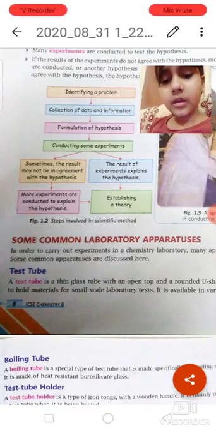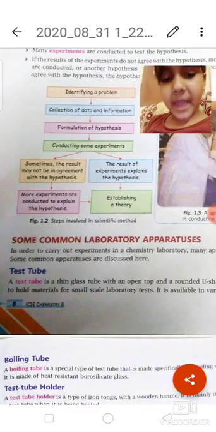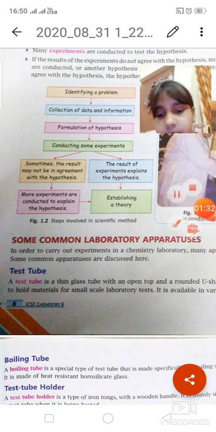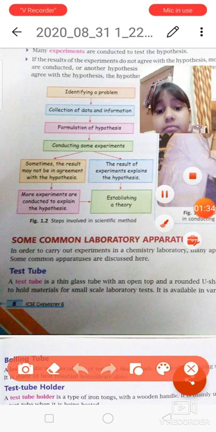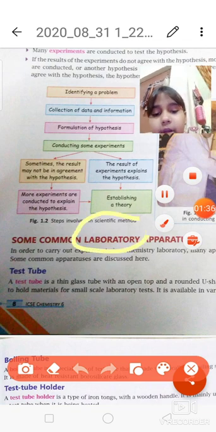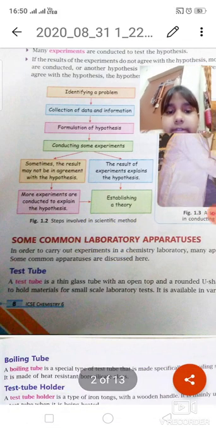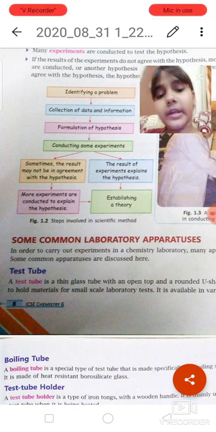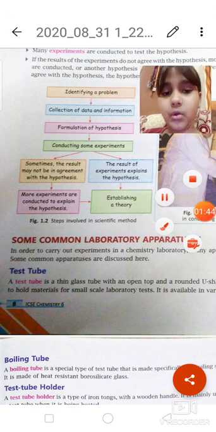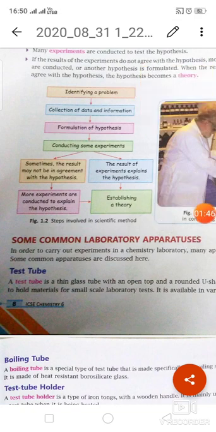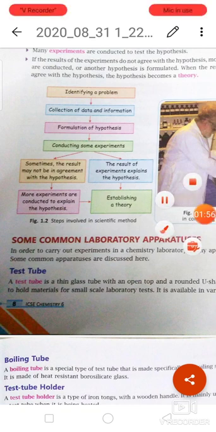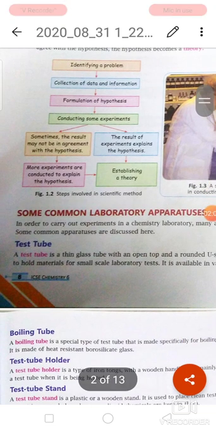Now, some common laboratory apparatus, meaning the tools of laboratory. So now let's see some tools of laboratory. Those tools are called apparatuses, laboratory apparatuses. Are you able to listen to my voice? I think yes. In order to carry out experiments in a chemistry laboratory,